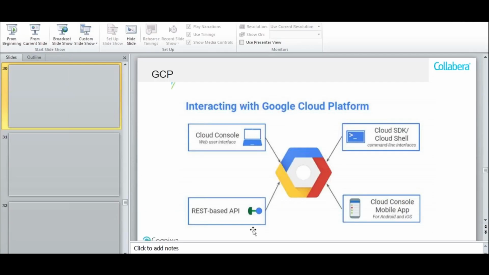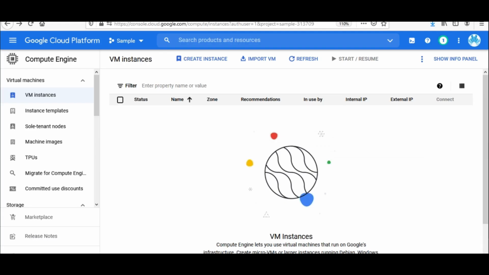So I have already logged in to the cloud console. So this is how the GCP looks like. When you create your credentials, you have to use your Gmail ID. What you have to do is just go to Google, type GCP console and then click on sign in or sign up, and provide the details, the credit or the debit card details. 1 rupee they are going to deduct from your account, and that is also refundable, just to check whether your account is live or not. And after that, you can access the GCP.